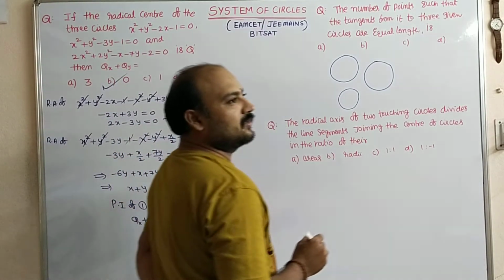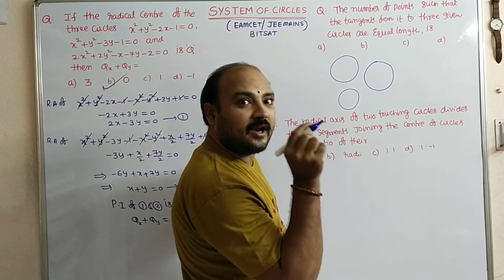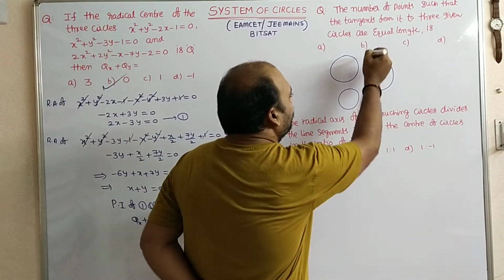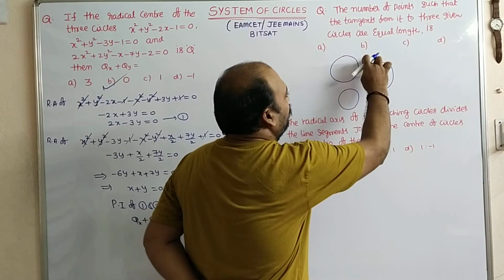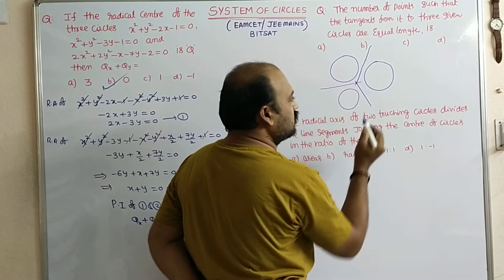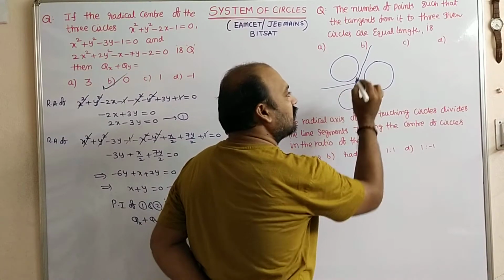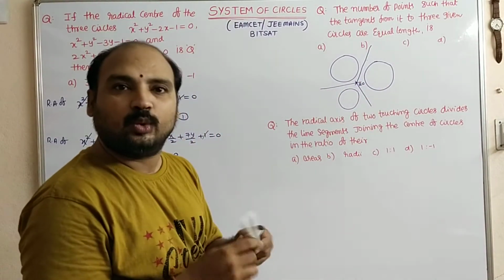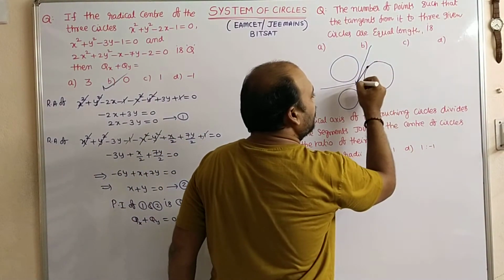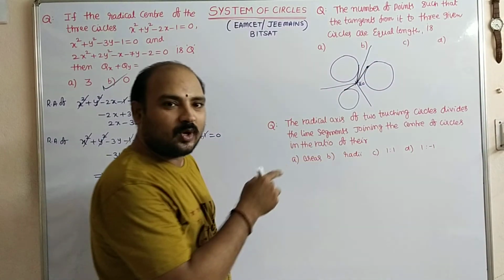We know that the distance from the radical center to any of the circles is equal. This is the radical axis of these two circles, and this is the radical axis of these two circles. This is called the radical center, or C. So from the radical center to the respective circles, from here to here, it is the length of the tangent from here, is also the length of the tangent from here. That's what they are saying.